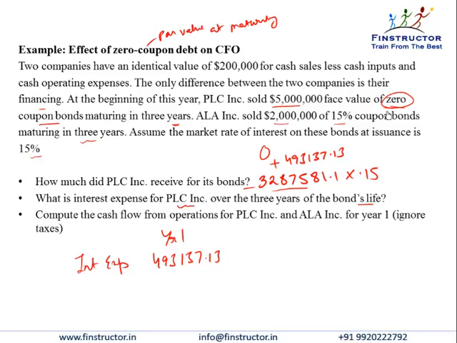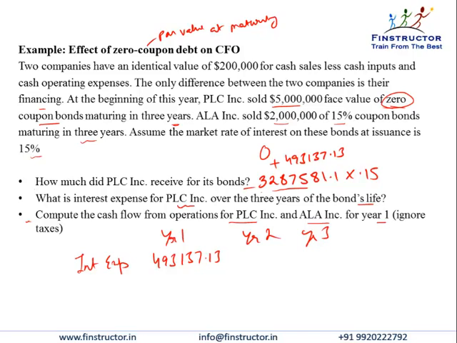So zero coupon bonds are also called discount bonds because they're issued at a big discount to their par value and they pay no coupons until maturity. Similarly, we can calculate the interest expense for year 2, year 3 using the effective interest rate method that we discussed. The last part of the question asks to calculate the cash flow from operations for PLC Incorporated and ALA